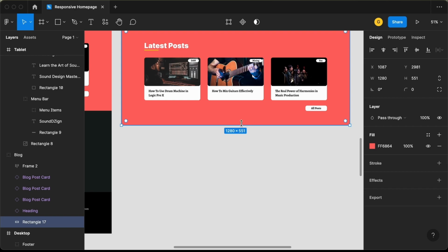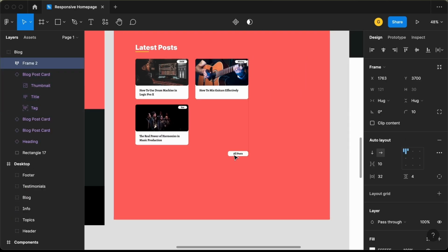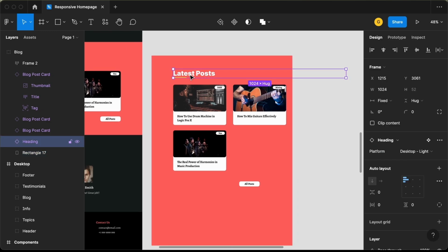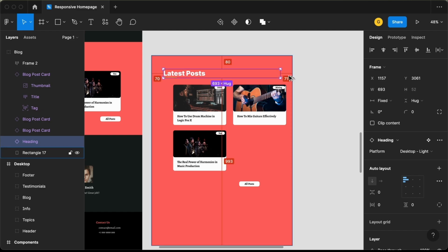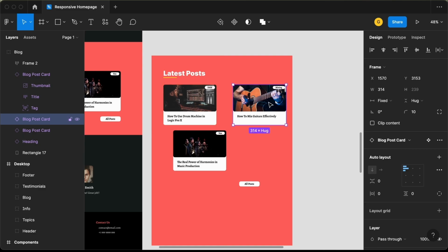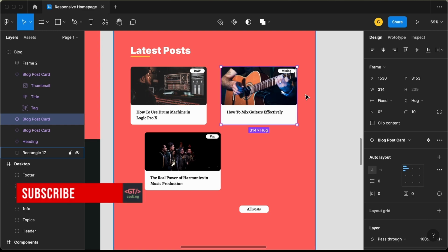So let's increase the height of this rectangle, and let's bring this down, and we'll also set the width of this to 834 pixels, and we will set a padding of 70 pixels from the left, and let's also decrease the width of this heading, and from the right we will have a gap of 70 pixels, and let's bring this over here to the left, and let's bring this to the left as well, and we need to have a gap of 70 pixels from the right,